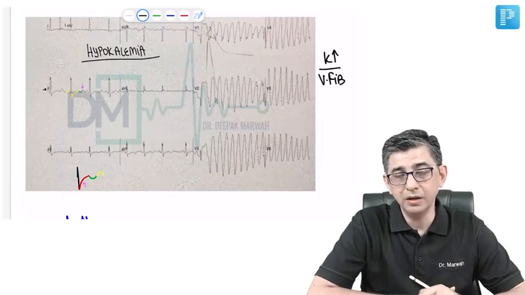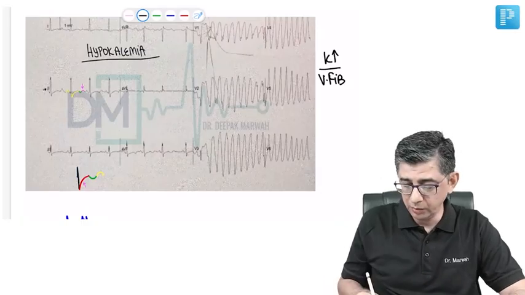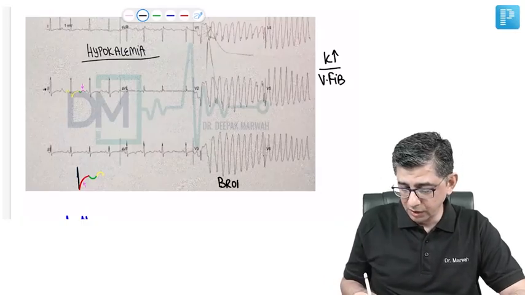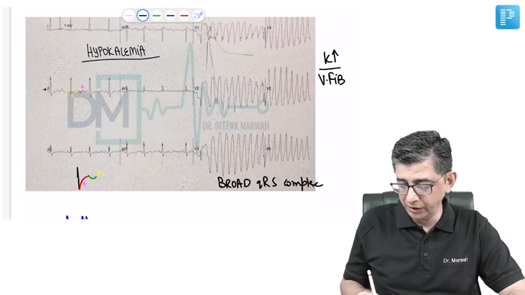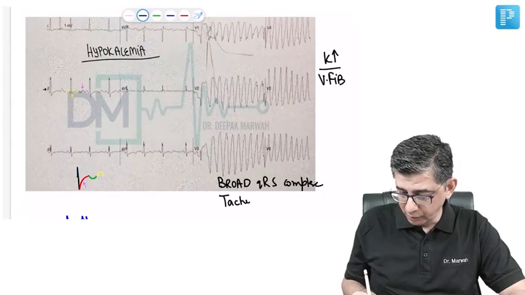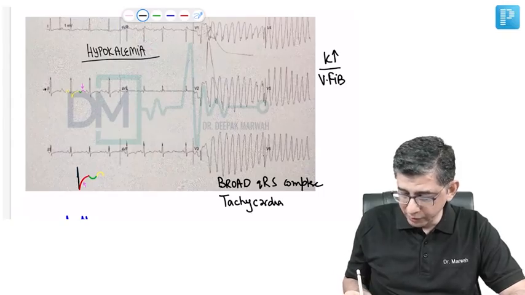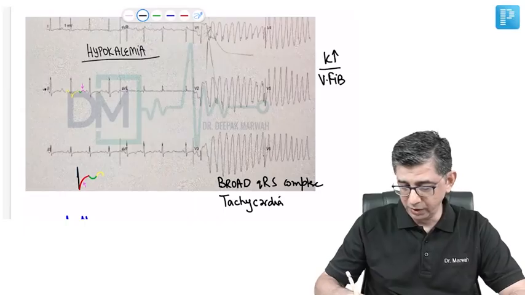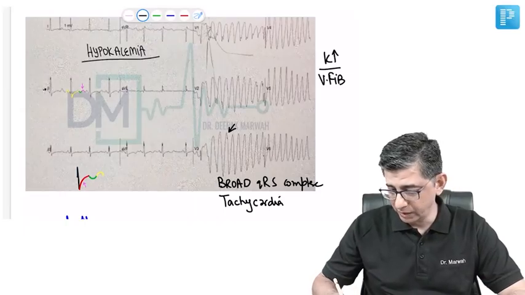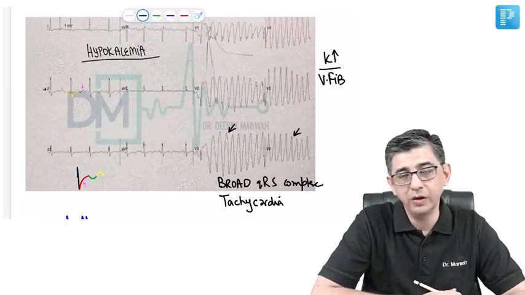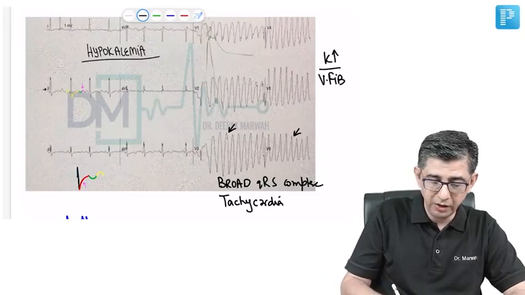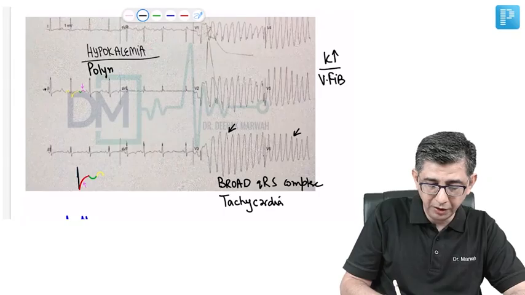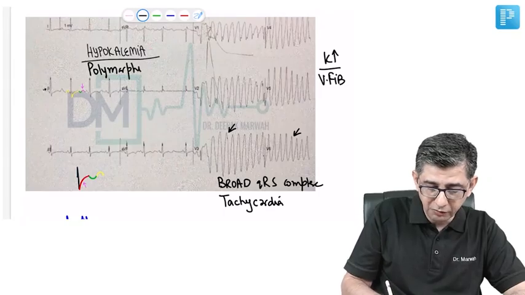Now let's look at this person's ECG, which is showing broad QRS complexes. The RR interval of this patient is also reduced. So my interpretation at the moment is that it looks something like a ventricular tachycardia, but there's a problem to it. The problem is that if you compare the amplitude of the QRS complexes at the two black arrows that are made on the slide, you will notice that it is actually not the same. So my interpretation here is polymorphic ventricular tachycardia,